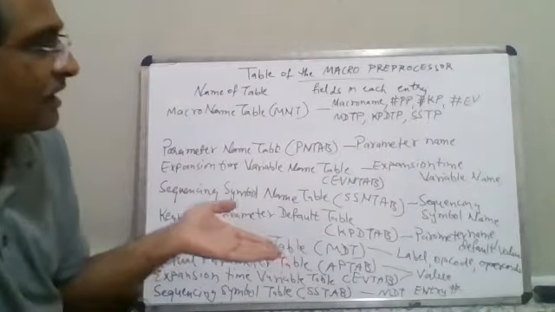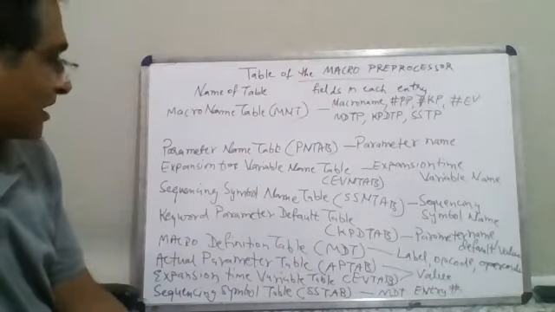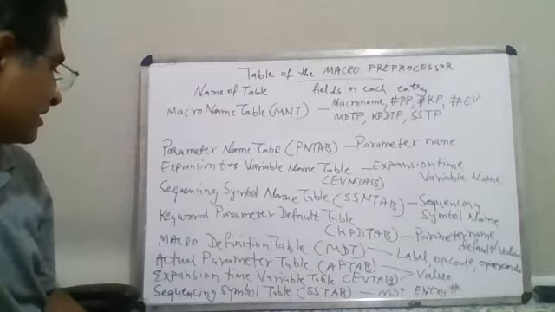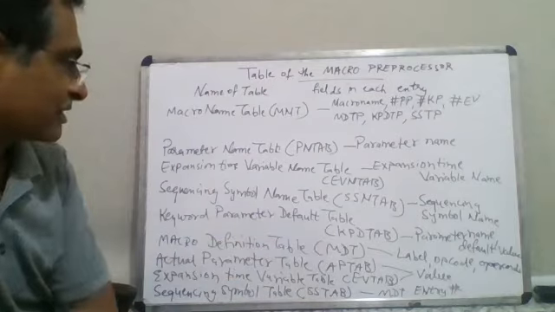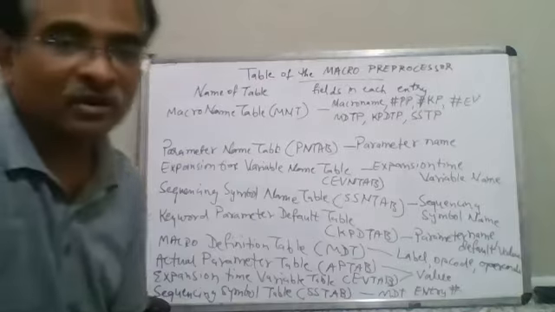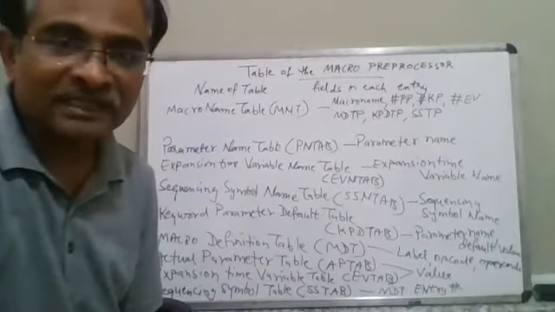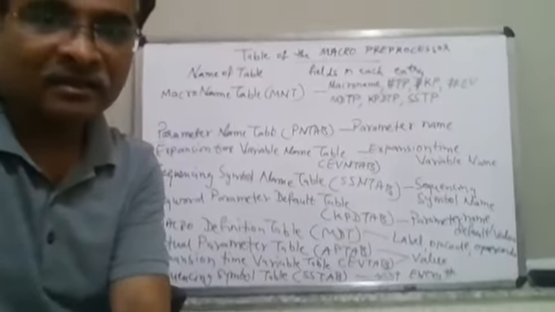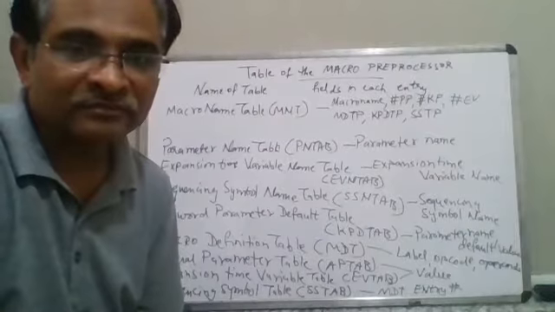It is going to have the index which will be present inside the MN tab. So MN tab is going to have everything actually for the entire operation, right? And MDT finally is going to have your entire code after the processing part, right? And then the expansion variable table and the sequencing symbol table. So what I will do is I will take you through one example. Please note down that example along with me, or maybe I will keep it ready and then put it in front of you. So till that time, wait for some time.